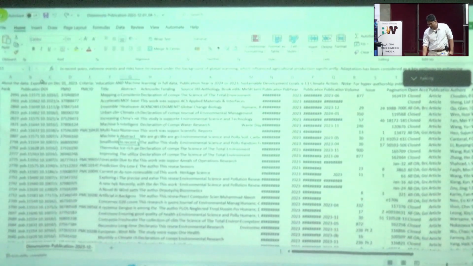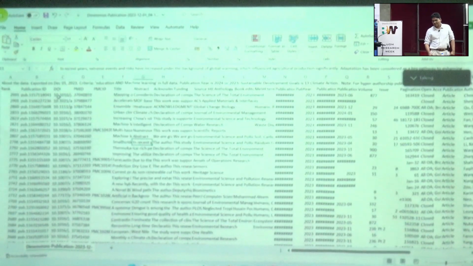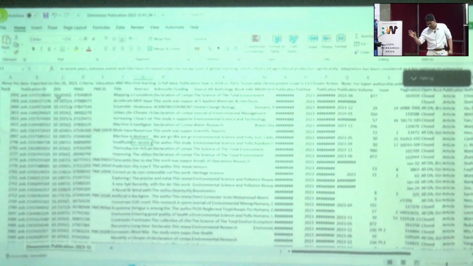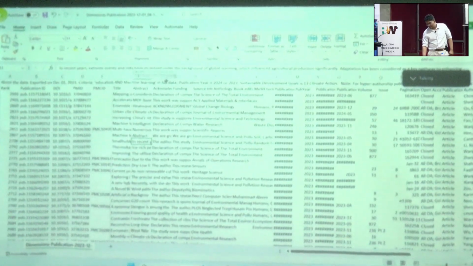And then the publication ID. DOI is the important thing, digital object identifier, and you have other stuff related to that. And then you have the title, abstract, acknowledgement, funding source, all sort of details that you want in your database is available here. Other things are mostly Dimensions specific, but I like this particular thing in